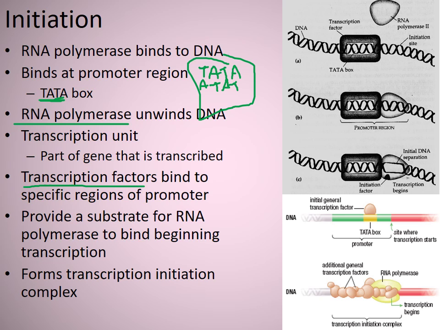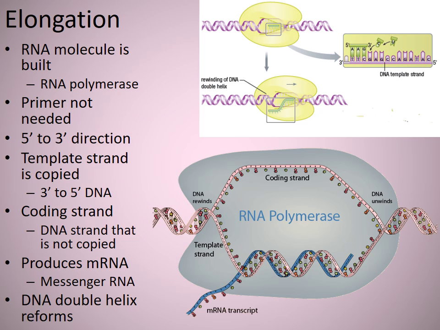Okay, the transcription factors, the RNA polymerase, and the TATA box, all of them come together here to form this transcription initiation complex. Okay, and basically it's the area where an mRNA molecule will become synthesized, or the beginning part of it. Okay, the next portion here is RNA polymerase will start to unzip the DNA. Remember, DNA is a double-stranded molecule here, so RNA polymerase needs to unzip the DNA and then start reading the base pairs that go along with the specific strand in which RNA polymerase will be